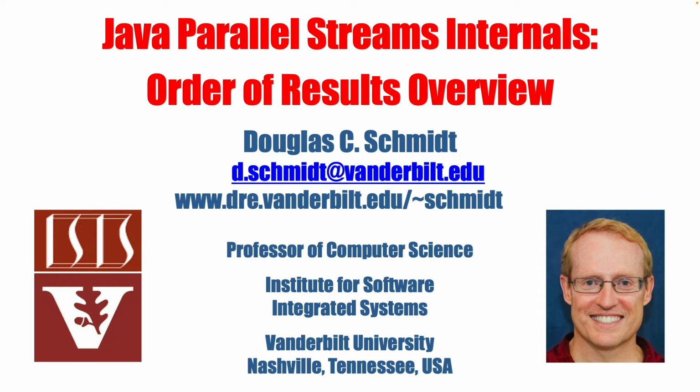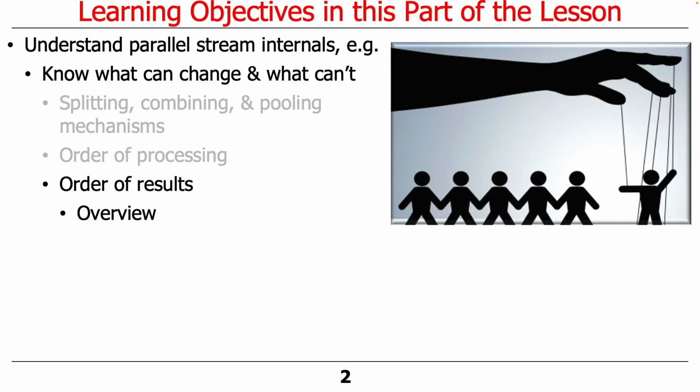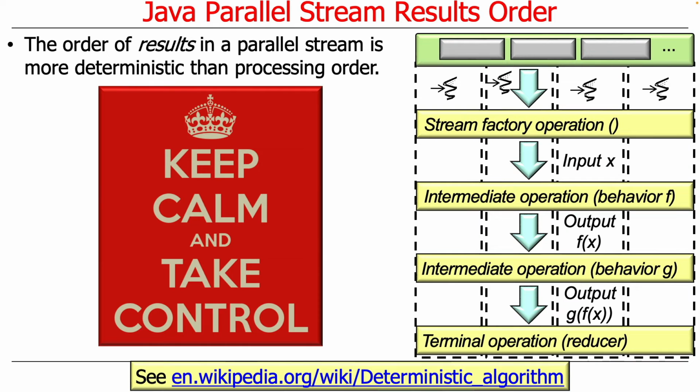So we're now going to talk about the order of results. And we'll see that there's different ways that you can order results to have different effects. So remember that the order of results is more deterministic in a Java stream, especially a parallel stream, than the processing order. And I should reiterate again, as if I haven't made this point about 20 times, these ordering issues